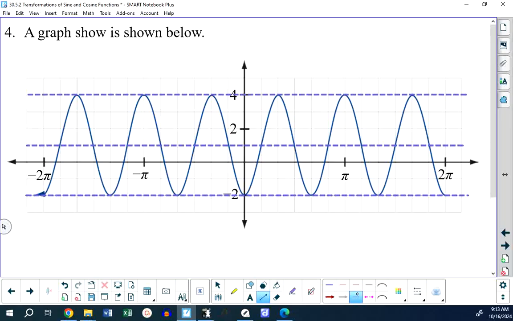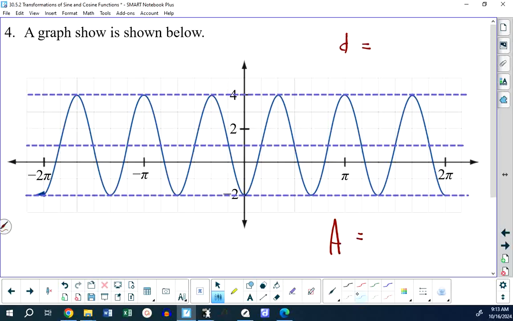D is always the vertical displacement, the middle of the graph measured vertically. So d is 1, and I can see that the amplitude is 3, so a is 3. Could you have determined the amplitude in another way? I'm going to show you